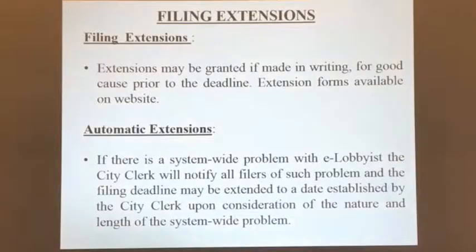Sometimes people email the wrong address. If you email the wrong address, I'm not going to be able to give you the extension. You can always ask for it early if you need to, and I'll review it and determine if I think you need it, I'll give it to you. Generally, we grant them, so just be aware. If we have a system-wide failure, it's been known to happen, we will give an automatic extension to everyone.